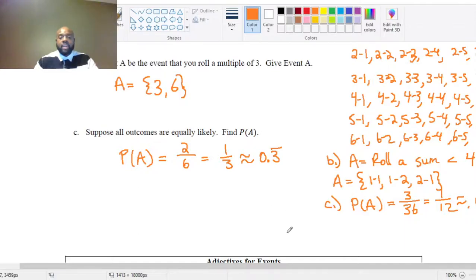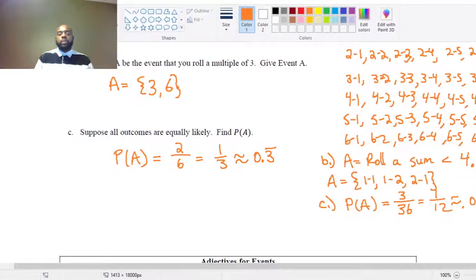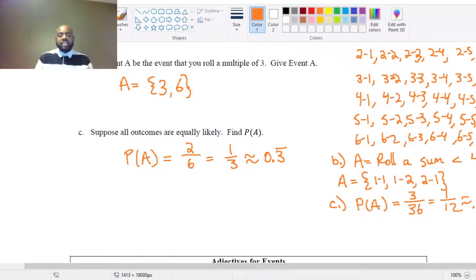All right. And I just realized that you can't fully see all of that, so I am so sorry. But if we look here, there we go. All right. So that is just calculating probability, introducing you to some of the terminology like sample space and things of that nature. And so what we're going to do now is we're going to get to some adjectives that